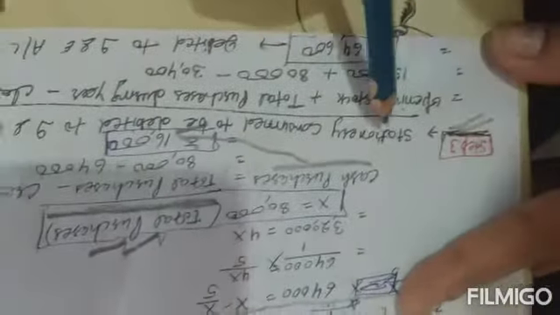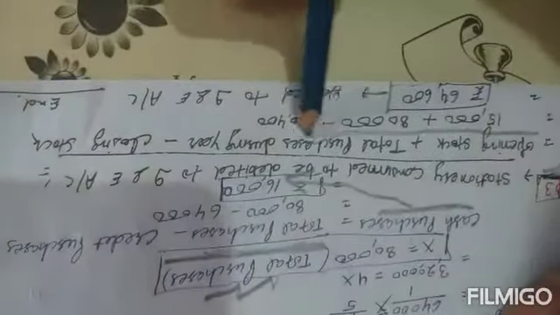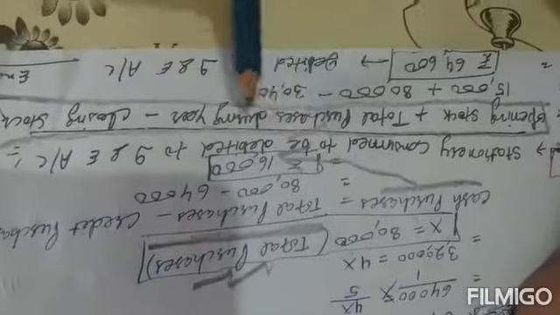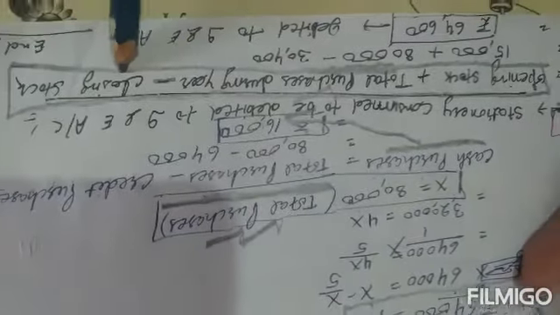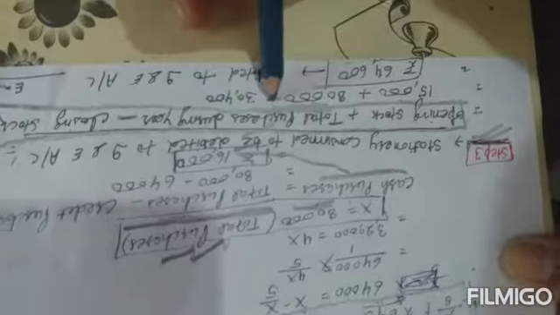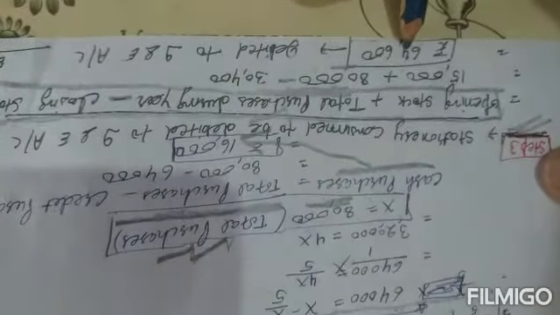Now the last step: stationery consumed to be debited to the income and expenditure account. We want to know it by using the same formula. The formula will be opening stock plus total purchase during the year minus closing stock. Opening stock is 15,000, given in the question. Total purchase we found from here, 80,000, minus closing stock, that is also given in the question, stock of stationery 30,400. By adding and deducting all the things we will get 64,600, and that will be debited to the income and expenditure account. So in this way we have studied the treatment of consumable items. You have to do a lot of practice, and that is an important question. Thank you.